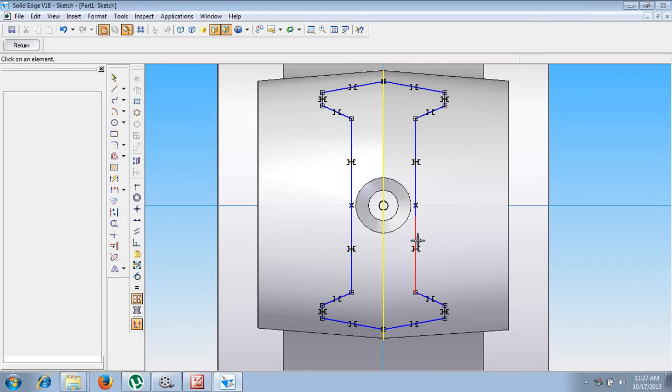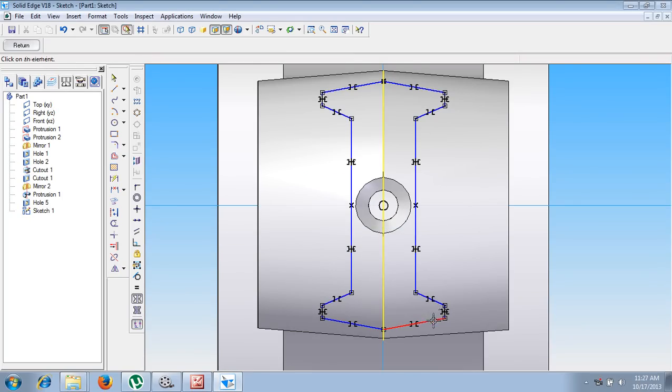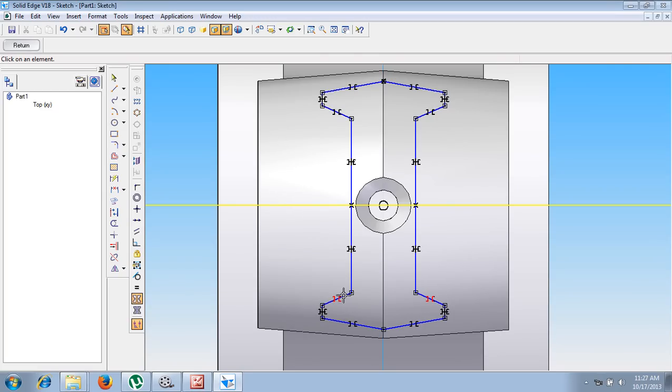In the same fashion, all the lines with respect to that center must be symmetrical. Once you have made sure every relationship has been given, go for symmetrical axis, select this as the axis, then go for symmetrical relationship.